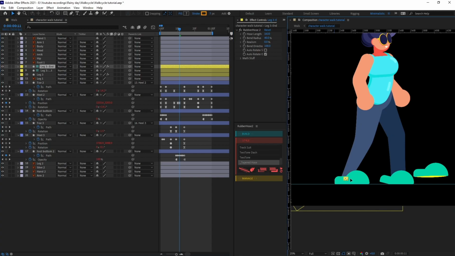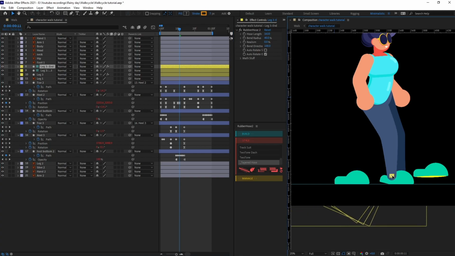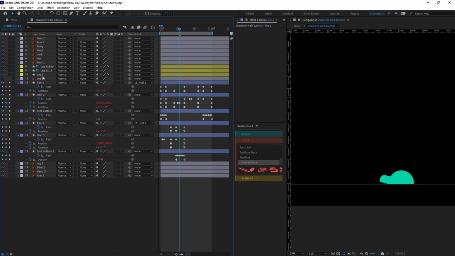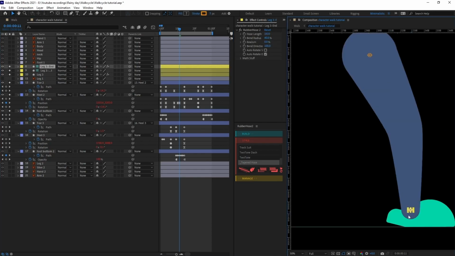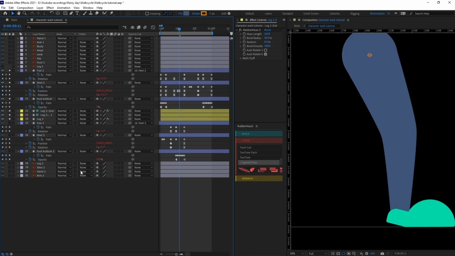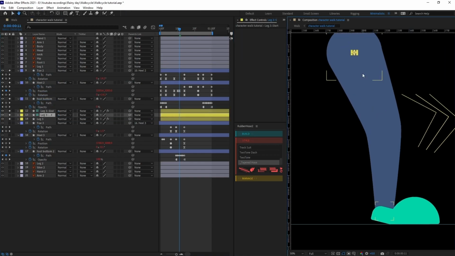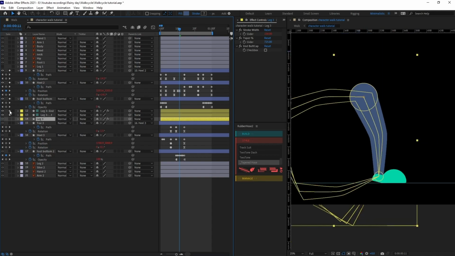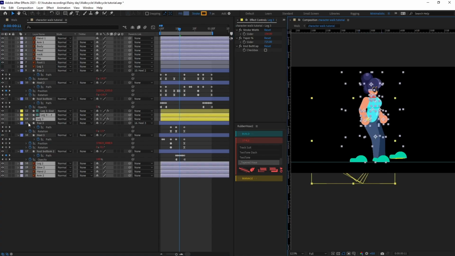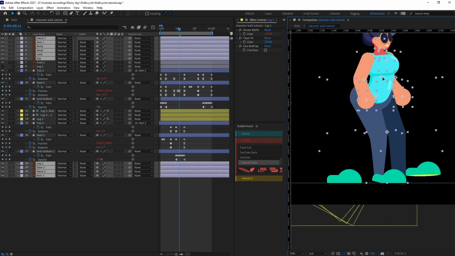Select the end and put it over the leg 1, the foot 1. So basically this one, let's solo it.